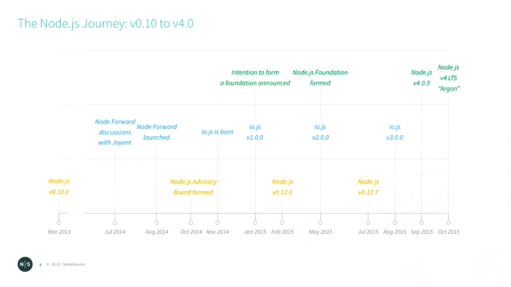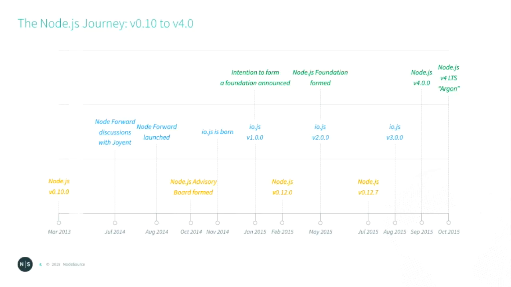So the journey, it's really about the journey from version 0.10 to version 4. 0.12 is in there, but it starts back at 0.10. I hope you can read some of this, because this is a timeline I put together of what went down. And we're starting over at this side here with Node version 0.10, finishing up with version 4 LTS. And as Zara said, 4.2.1 is where we're at now.